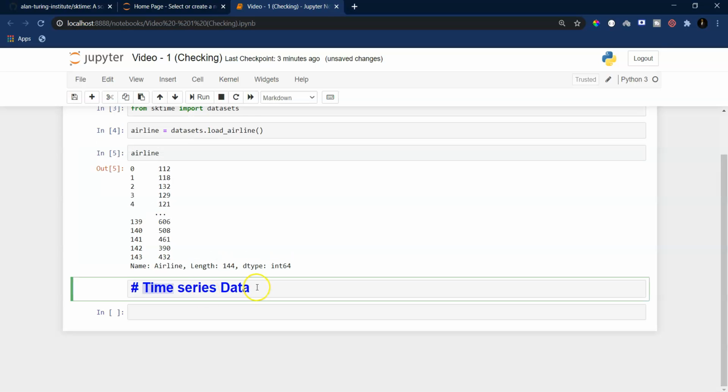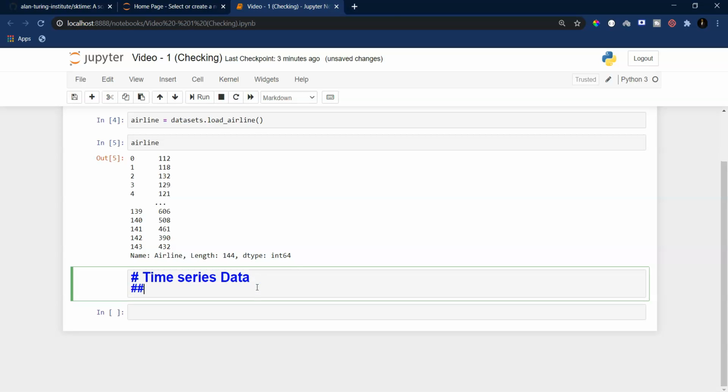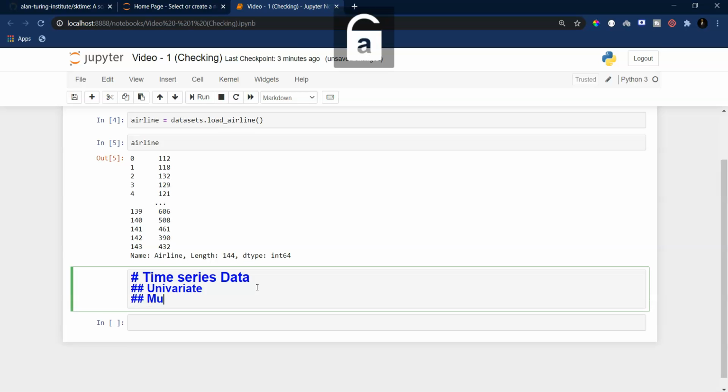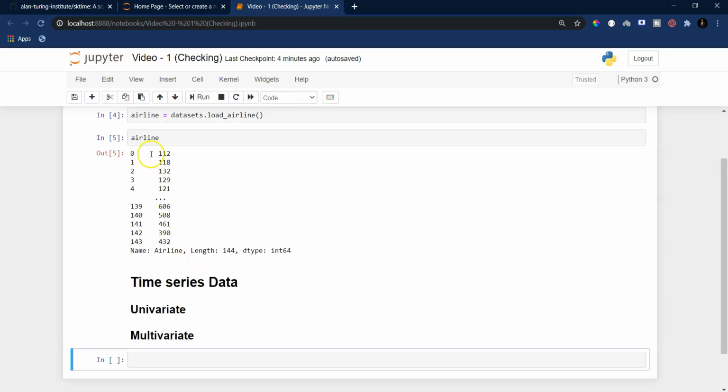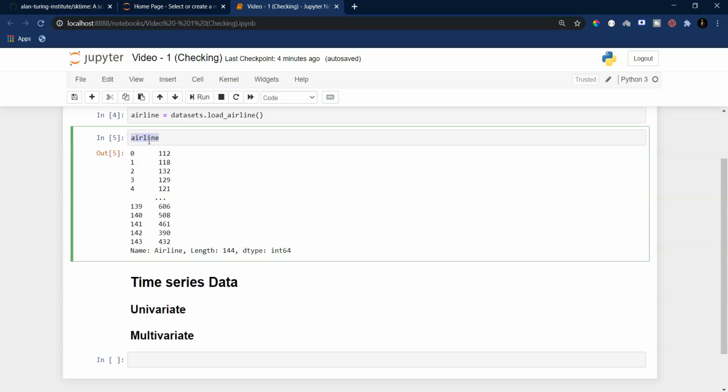Okay, now time series data can further be classified as univariate time series and multivariate time series. Now what do we mean by univariate and multivariate? When I talk about univariate, the data set that we have just looked at will be considered a univariate time series because we are only looking at one variable at a time.